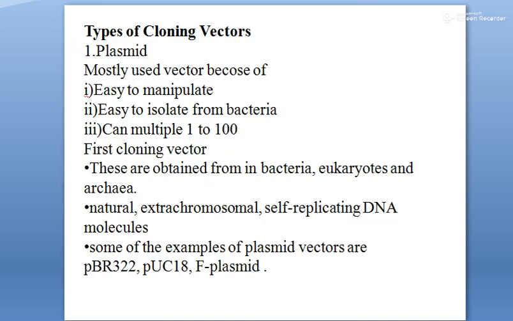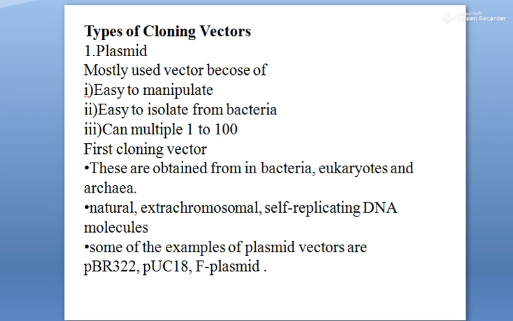And next, the types of cloning vectors. The most common cloning vector is the plasmid, and it is the first cloning vector. A widely used plasmid vector called pBR322 was designed to include the ampicillin and tetracycline resistance genes and several restriction sites. Plasmid cloning vectors have been engineered over the years to incorporate important features that made them ideal forms of